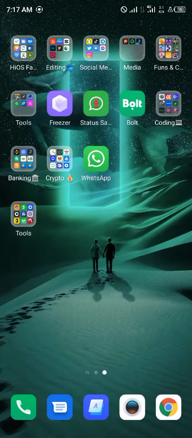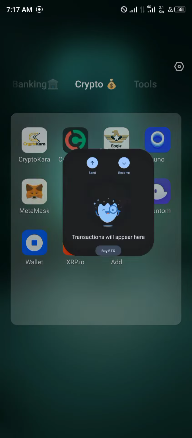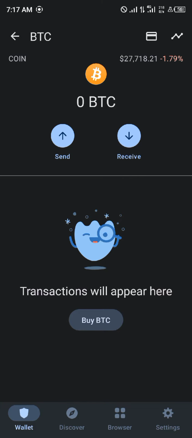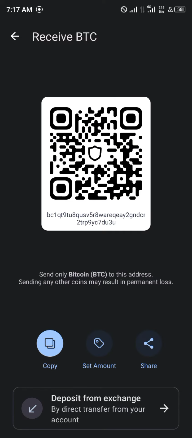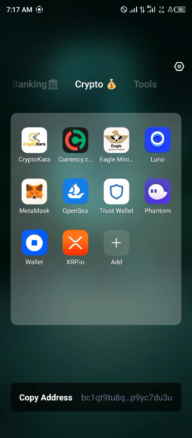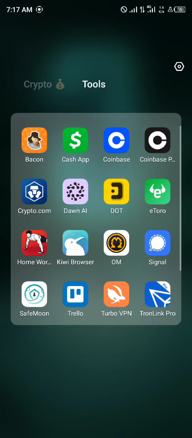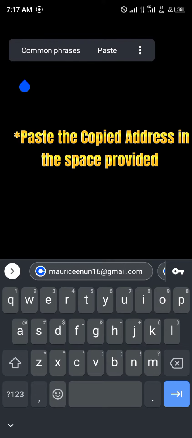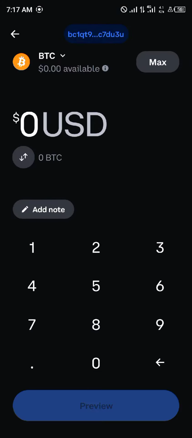So we minimize, head back to Trust Wallet, click on receive, make sure it's Bitcoin, click on receive, click on copy, head back to Coinbase, paste that address right here, paste from clipboard, click on continue, and now you're taken to the menu where you can input the amount of USD or Bitcoin you want to